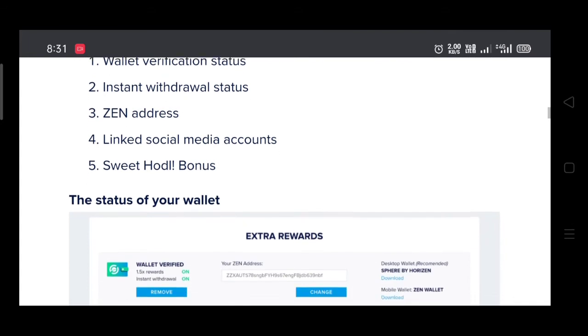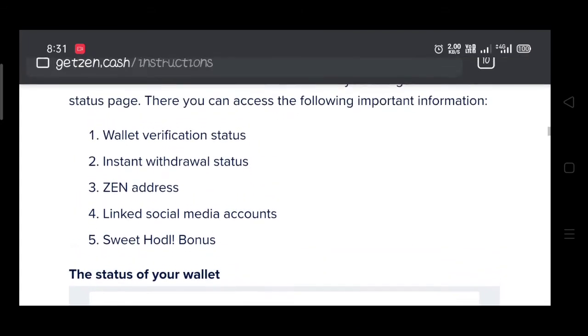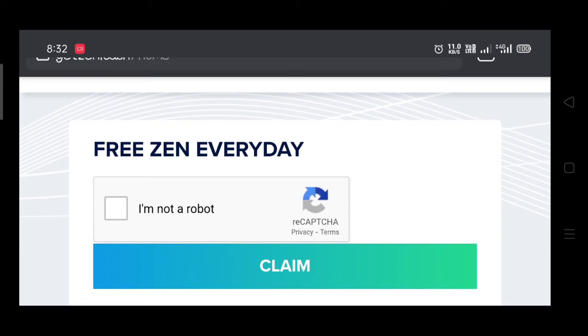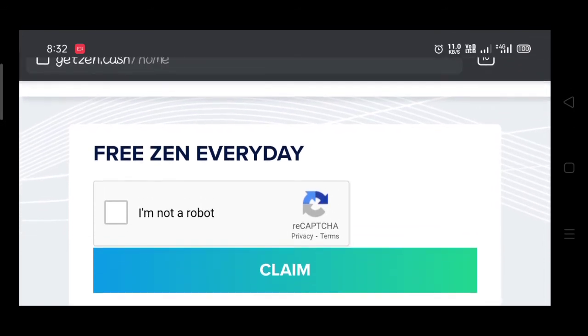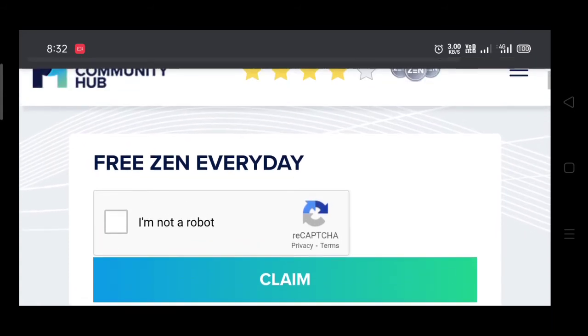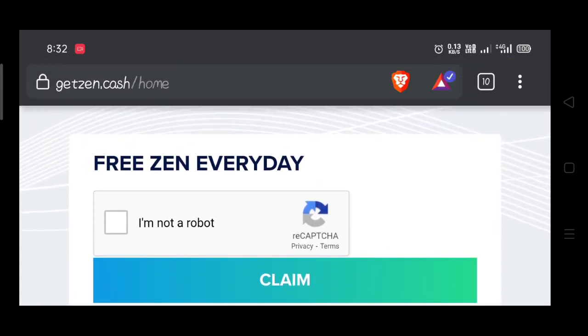You can get a bonus here. After setting the Zen receive address and verifying, come again on the home page and you are ready to claim.